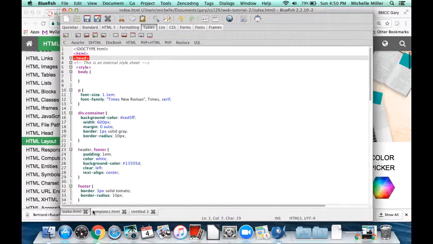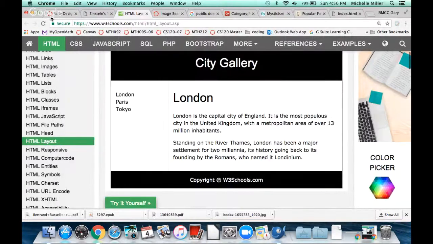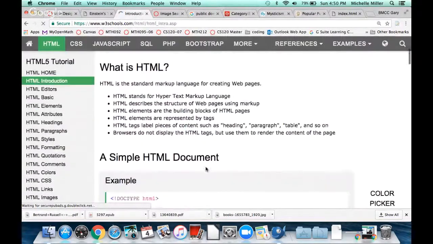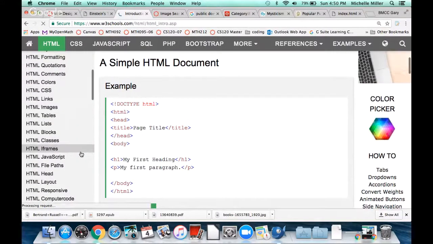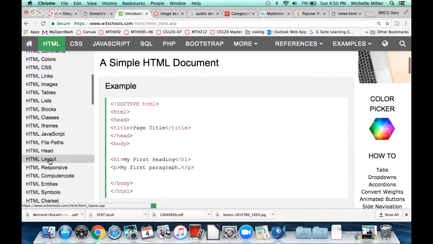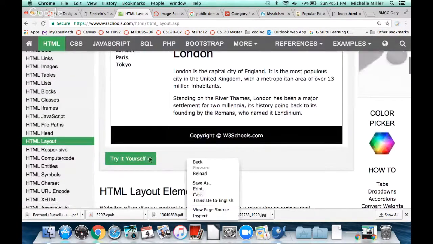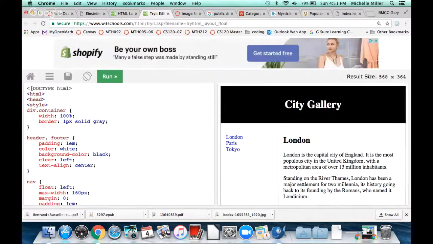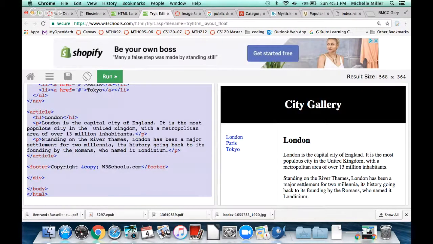All right, so I'm going to start a new page. And then I need something to work with. So either I would recommend getting that basic page to start with here, or I would recommend starting with the layout page here. And then we'll manipulate from there. I like the layout page, so I'm going to start with that. So then I'm just going to grab this HTML, copy it,